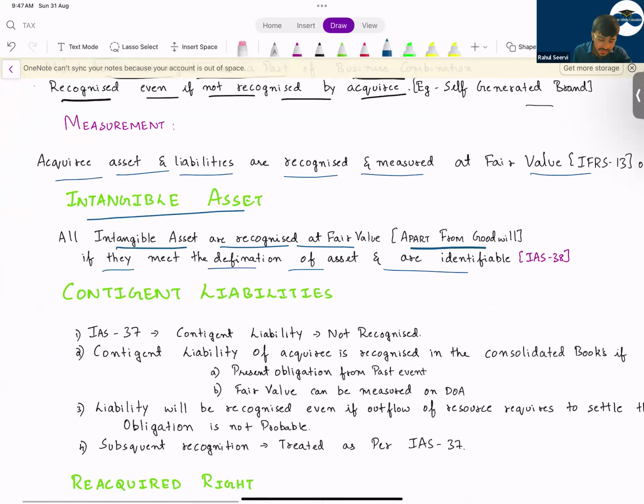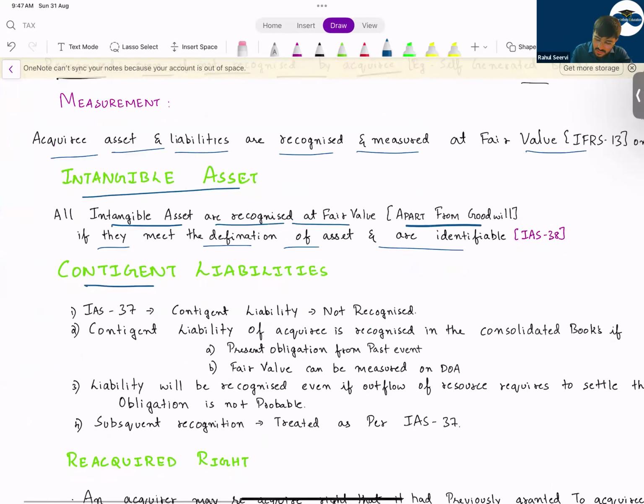Then for contingent liability, normally what do we do? Geo will just provide a disclosure. But when as a parent company I acquire Geo company, what should I do? I should consider this contingent liability as a provision. I should do the accounting treatment. Normally, the subsidiary company would have just disclosed it. We have to record it as a provision liability. And this will affect your step number 2, if you know, the net asset value.